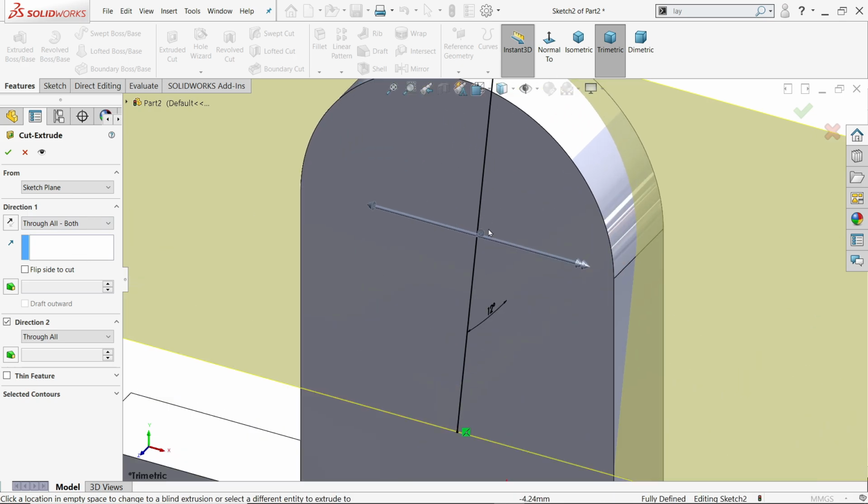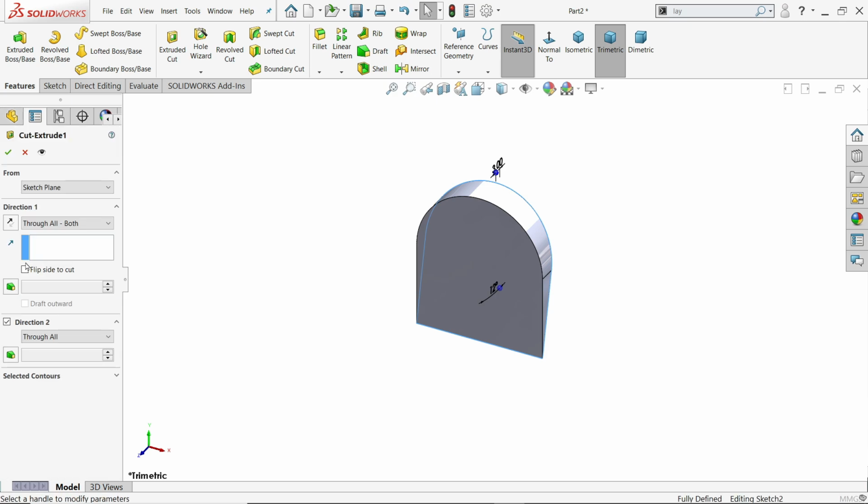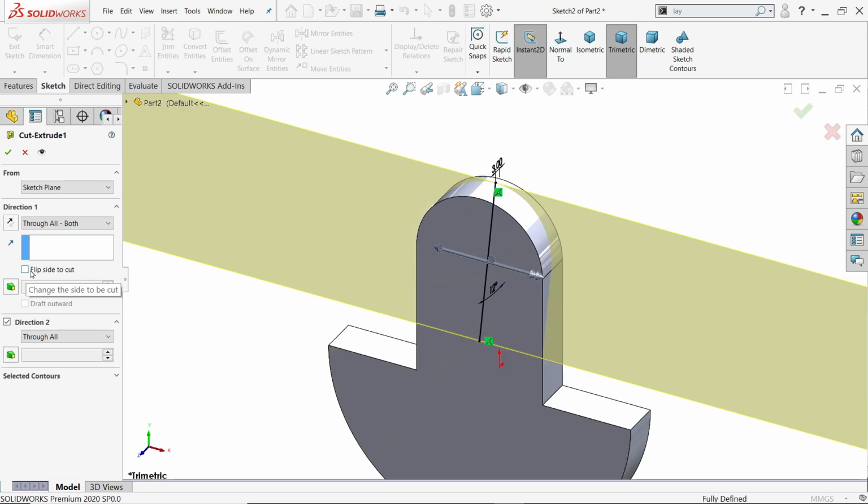Now look, arrow goes inside. If I am going to say yes, look, it is deleted back side. We want to delete this side or cut this side. Click activate, and here one option, flip side to cut. Just check the box, say yes. Look,